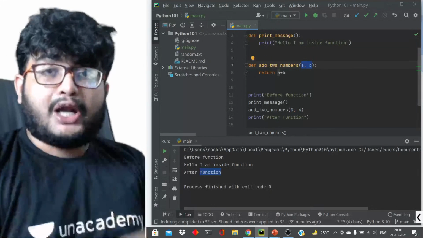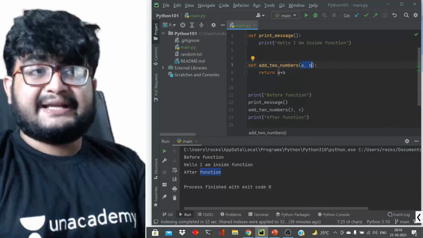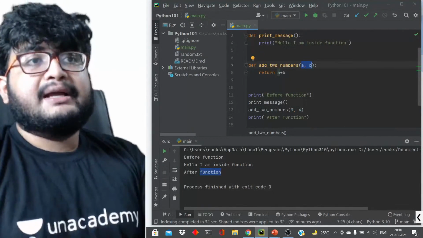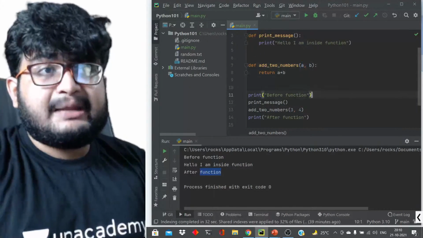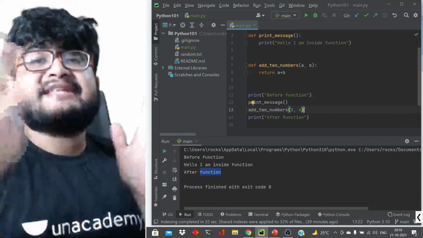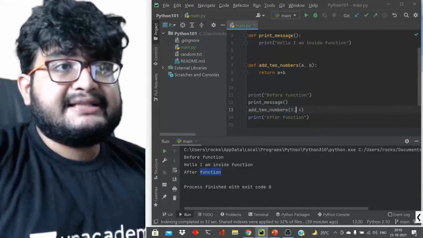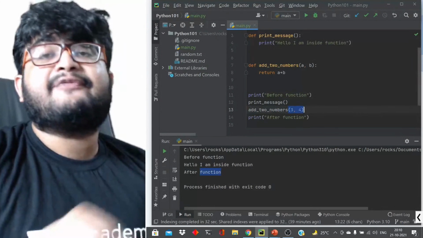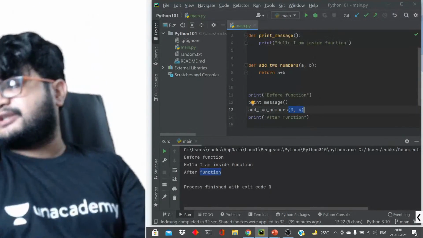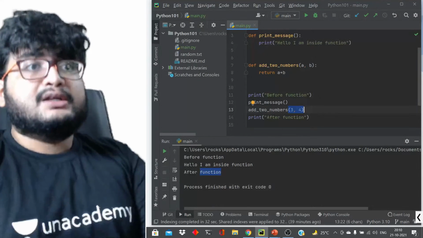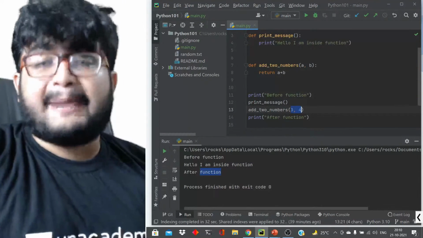When we call the function, we pass these values. So these are variables, and we call these variables parameters. When we actually pass a value to the function, that is the argument. Here, when we call the function, we pass 3, 4. So these 3, 4 are the arguments that we are passing to the function. Okay? The order of these 3, 4 also matters.